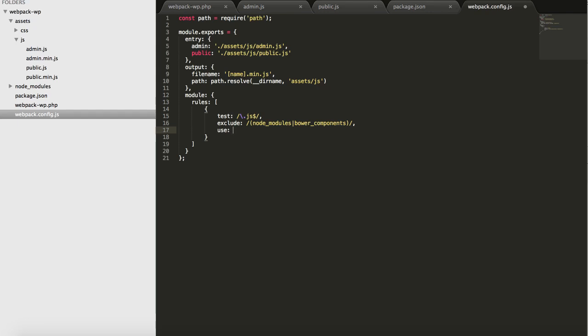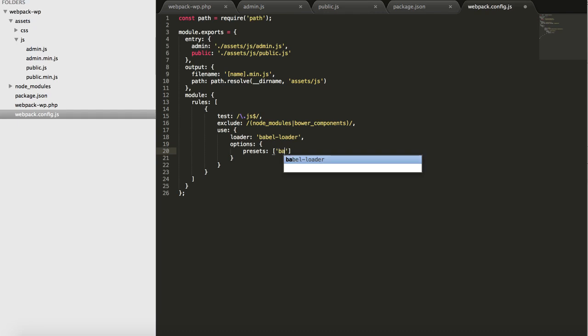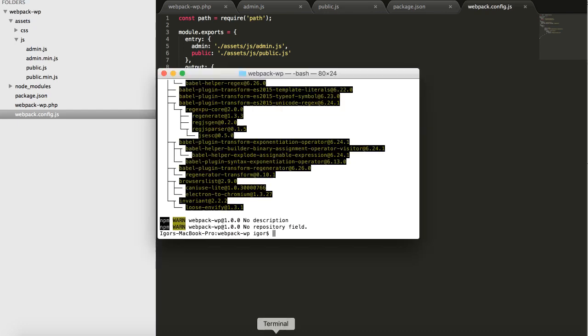Then let's use, and we'll say for the loader, use the Babel loader. And for options, you can pass additional presets like ES2015 or something, but let's use this one for now and save. Okay, we have now saved it, and we can try if it works. So npm run build,